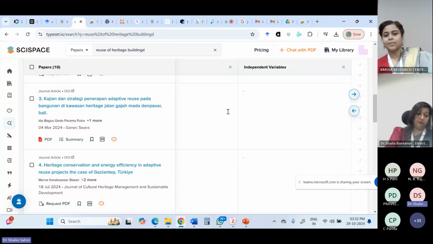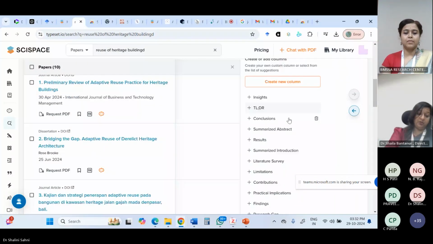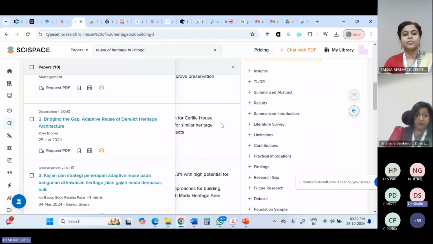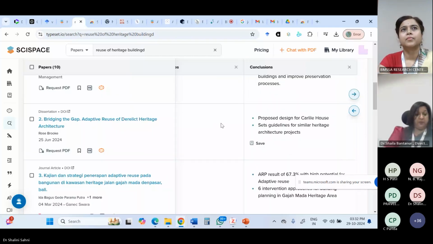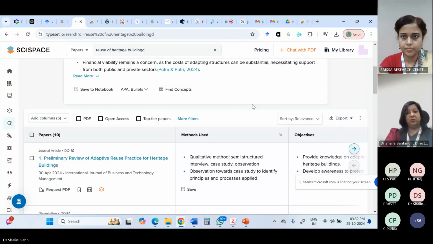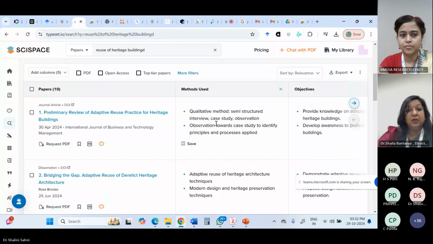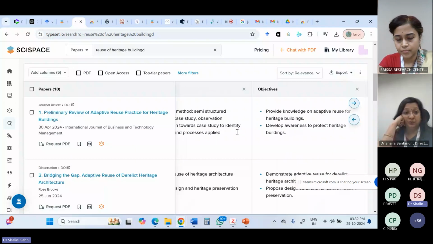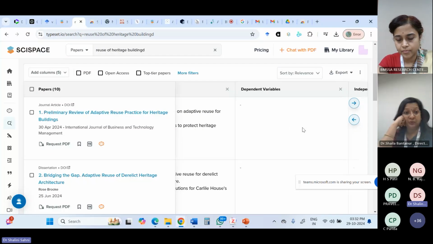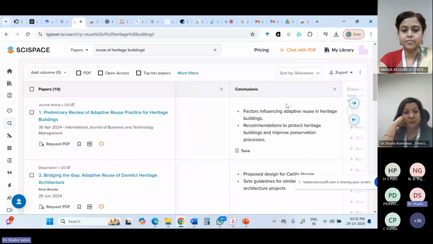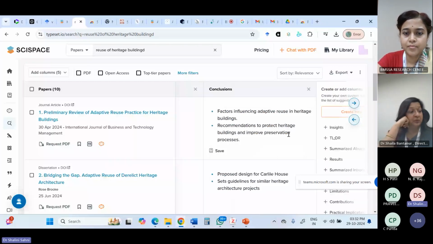Let's see if I add a column of, let's say, conclusions. I can always have that. See, methods used, qualitative method, right? Objectives of each and every paper. There might not be any dependent variables because it is a qualitative study. No independent variables. Conclusions, that's it, right? But if you go down,